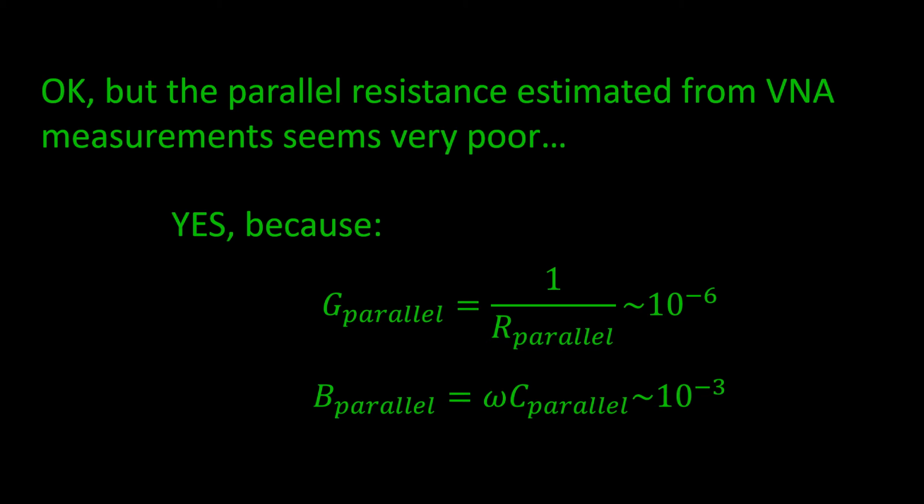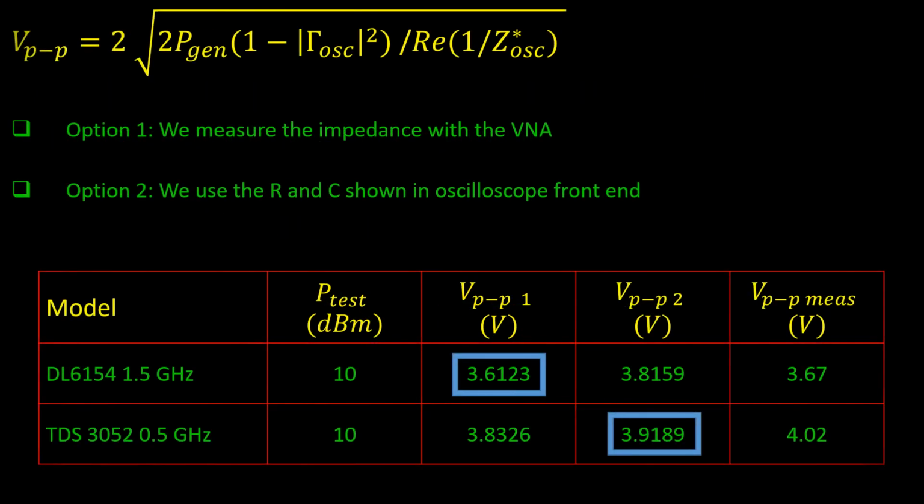Your resistor is huge, 1 megaohm, and is in parallel with a capacitor which provides a parallel susceptance that is much larger than the inverse of this resistance. In other words, the network analyzer measures only the capacitance. It is good doing this, but we cannot ask it to give us an accurate estimation of the resistance. Anyway, let us estimate the voltage with this and see what happens. And these are the final results. Both estimations are quite reasonable and it is unclear which option is better.